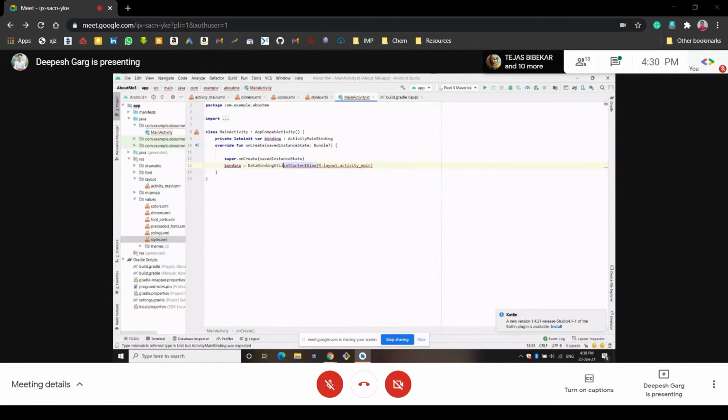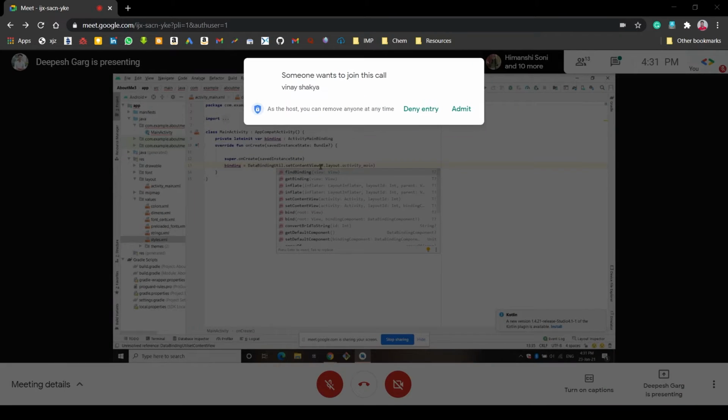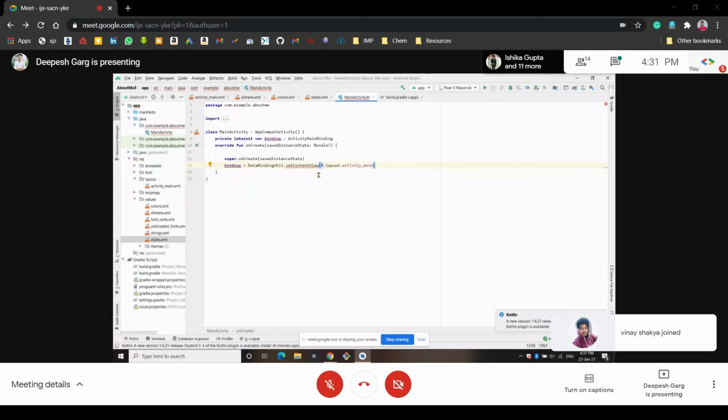Yeah, it is there. So we have linked this with the binding variable that we have created, so that whenever the user enters the app, the binding variable can know that this user is using the app and perform the actions whenever needed. And how will it judge that the user is entering the app, and how will it perform actions? We have to give it the instance of that activity here.